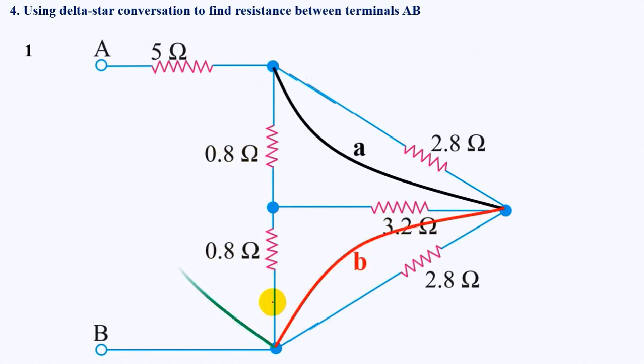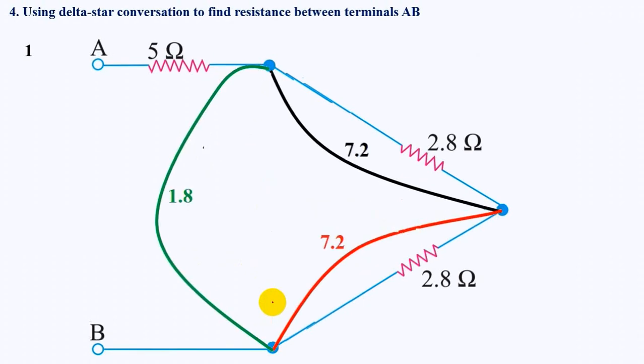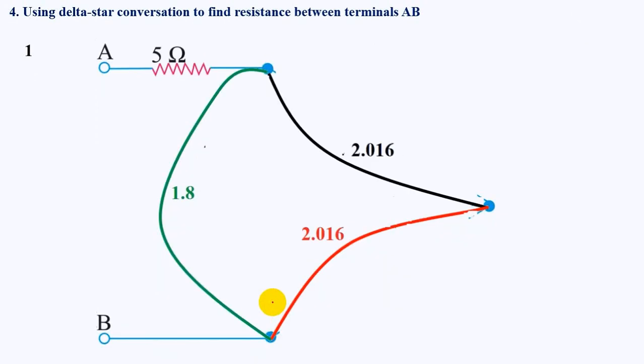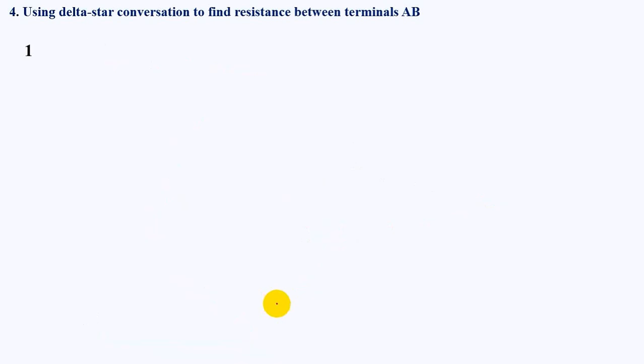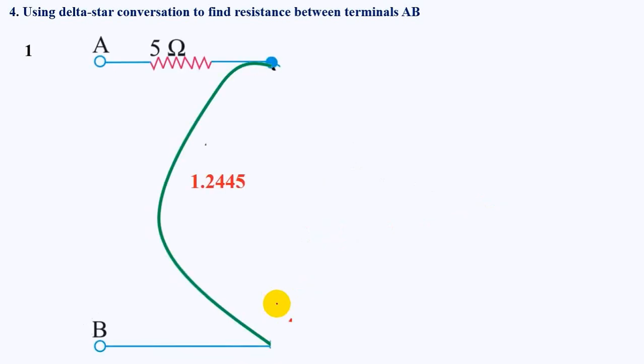right? Then you have converted this star to delta. Then we have to again analyze for series and parallel, and we have come to a conclusion that there is no element in series, but we know that these two are in parallel. We have reduced them, and then again we have checked whether they are in series. The answer was no. Then we have checked any element in parallel. The answer was yes. We have applied it. Then we have checked any element in series. The answer is yes, and that's the end. We have one single element across A and B, that is 6.245 ohms, right?